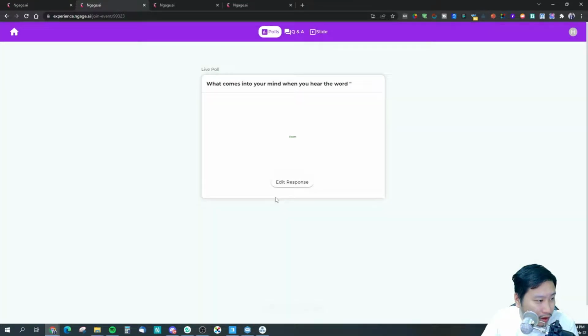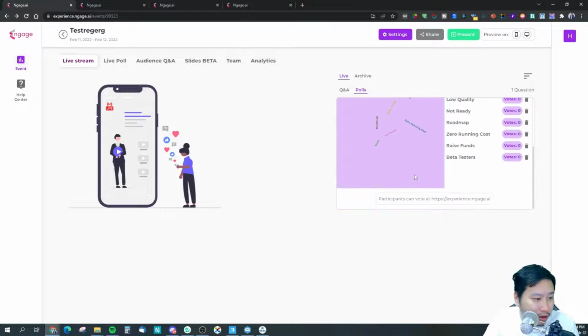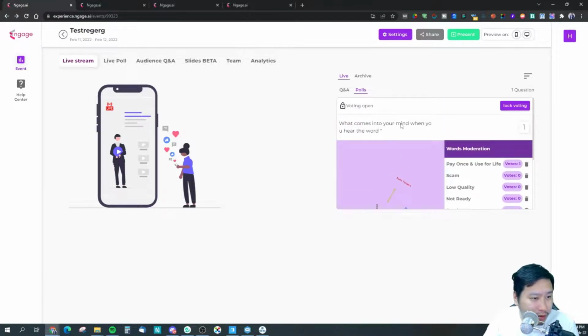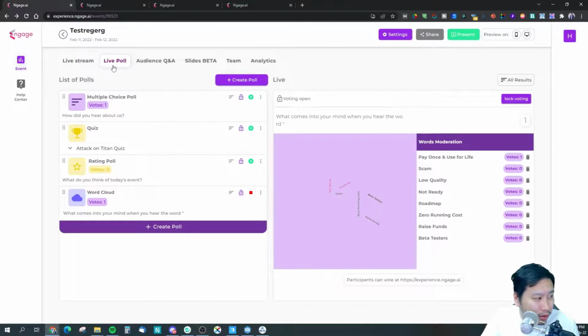Okay, right, cool. So there's one vote right here. I guess the more people vote, the more the words come out bigger as well, right? Because this is a word cloud. So that's how the word cloud works.